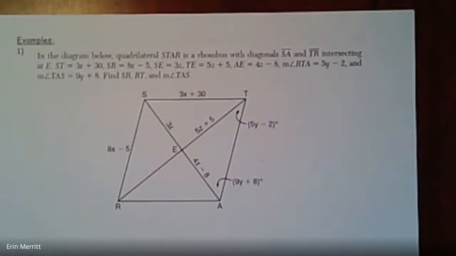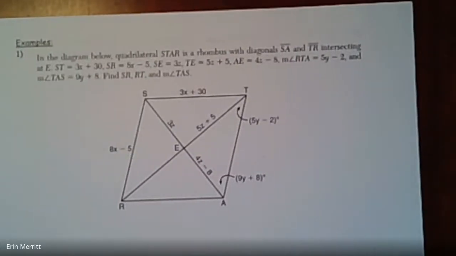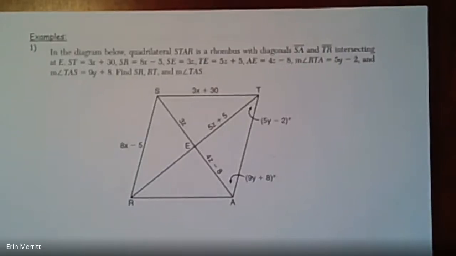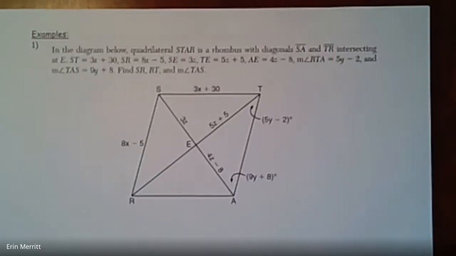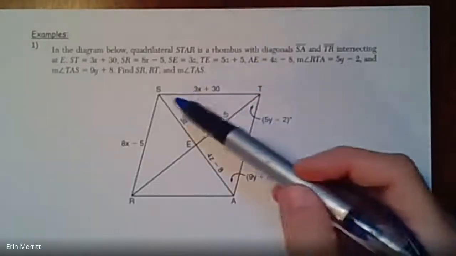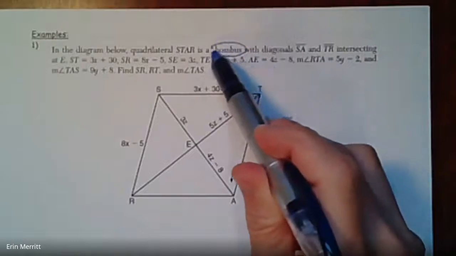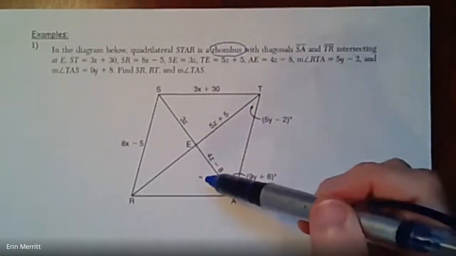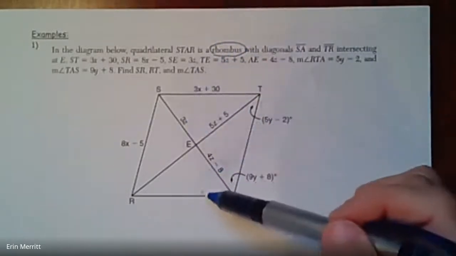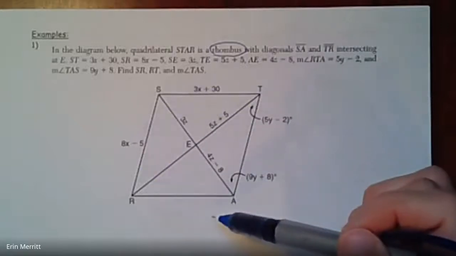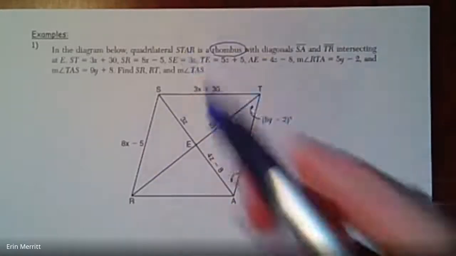This one, again, is a Regents question. This is a great Regents question. It's got a lot of pieces to it, so it kind of hits everything that we need to talk about. It's saying in the diagram below, you have quadrilateral STAR. It's a rhombus where the diagonals intersect. They're just clarifying what all these things are, and they're asking you to find SR,